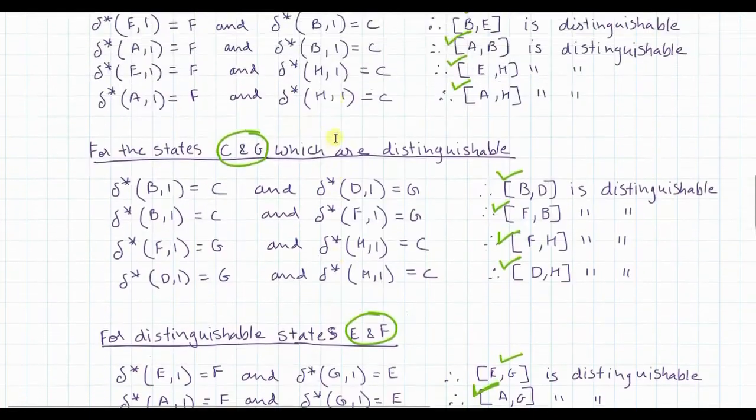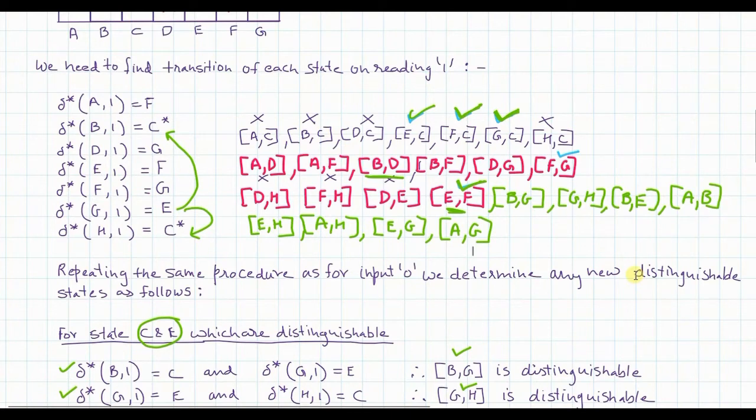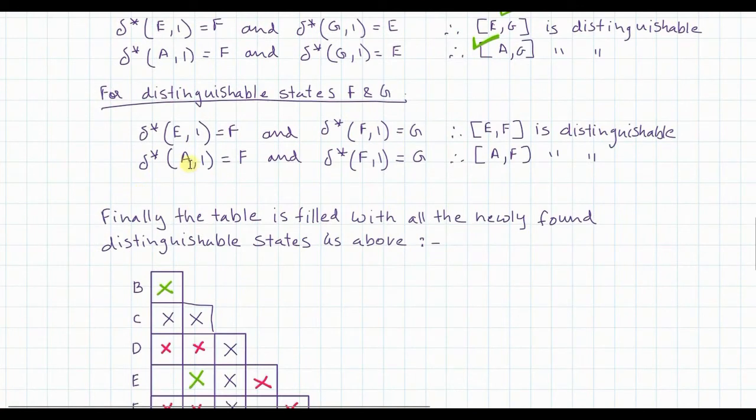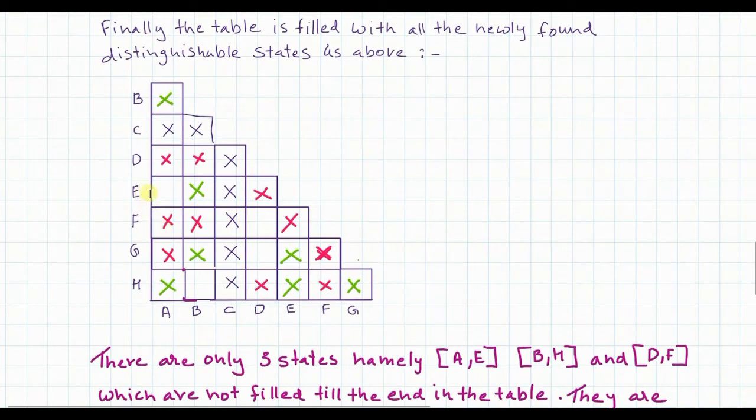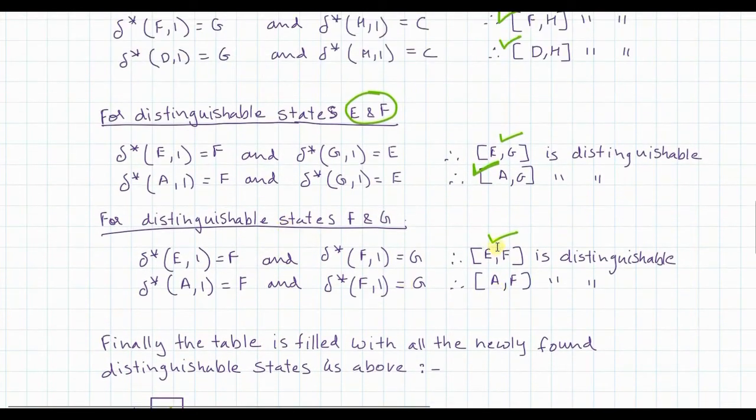Next, for F and G, that's the last combination that is left, that is F comma G. For this combination F comma G, find out whether you get more distinguishable states. So when we calculate, we see that E on 1 gives you F, and F on 1 gives you G. So since F and G are distinguishable, I can easily say that E and F is also distinguishable. So E and F has to be added. So you just see the table E comma F or F comma E. Now E comma F is not possible. F comma E is already marked. That means this state is already present. Okay, so you don't have to add it.